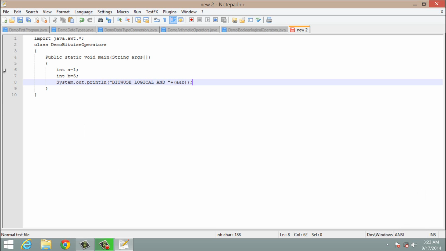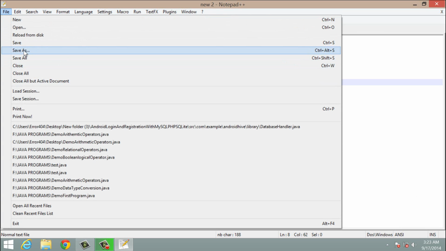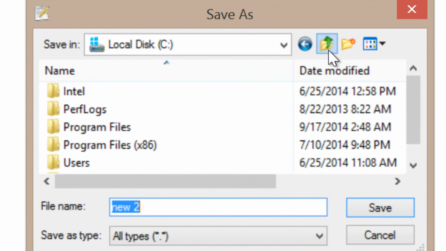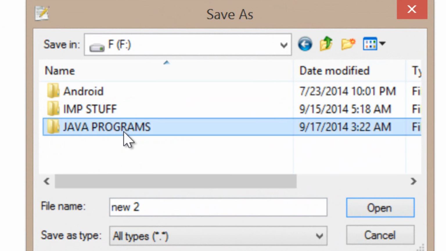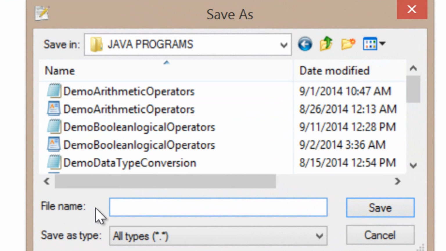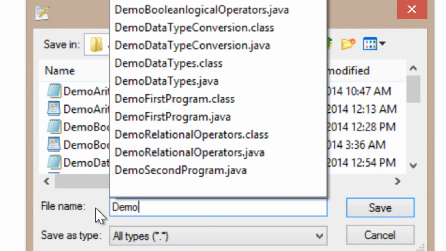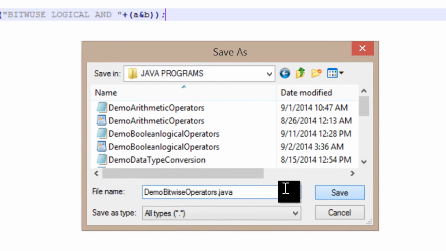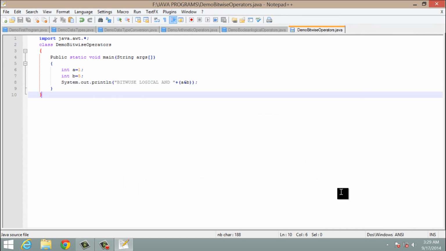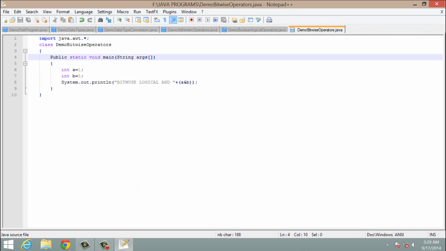Let's save our program. I will save all my programs in my F drive Java programs folder. File name will be demo bitwise operators.java. Now before compiling our program, let me correct it. Here the P should be small.